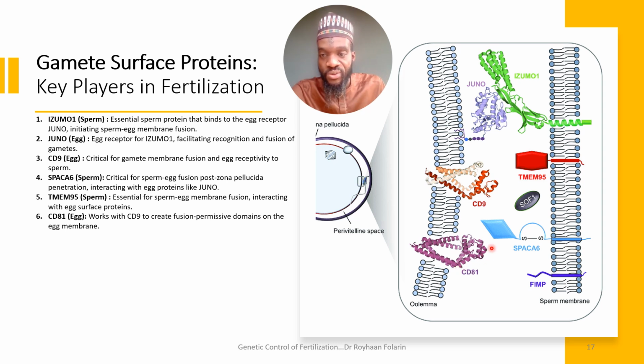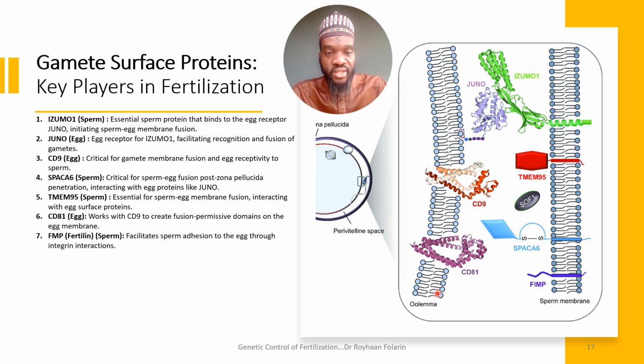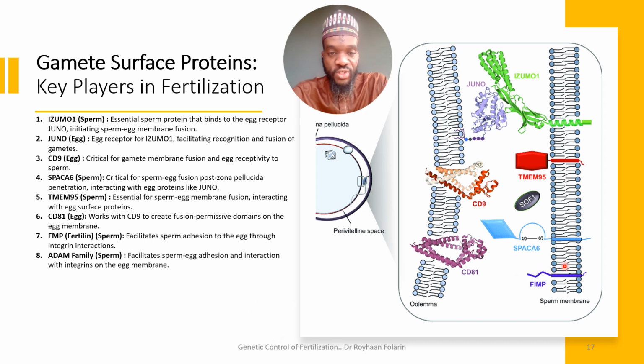So we can also see here the FMP, which is otherwise known as Fertilin. Fertilin is just the name. It's originally part of the ADAM protein, and let's just mention that. So while FMP facilitates sperm adhesion to the egg through integrin interactions, the ADAM